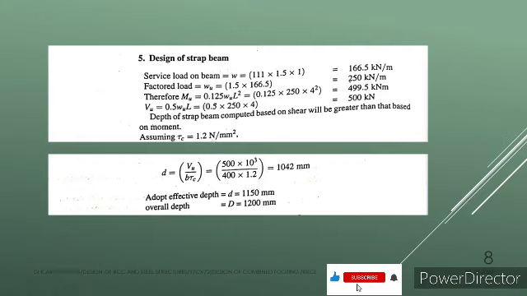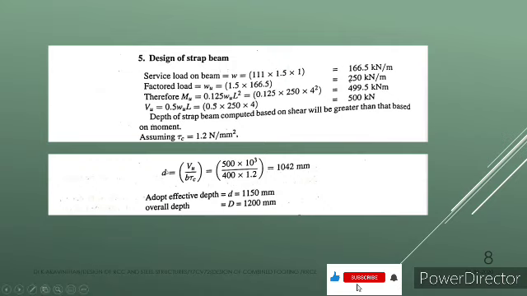Now we are assuming 1.2. Why? Because it is a higher value. The section is heavier, hence we are assuming the higher value. By experience, you can get the clarity on this assumption. And if we assume tau c equal to 1.2 Newton per mm square,